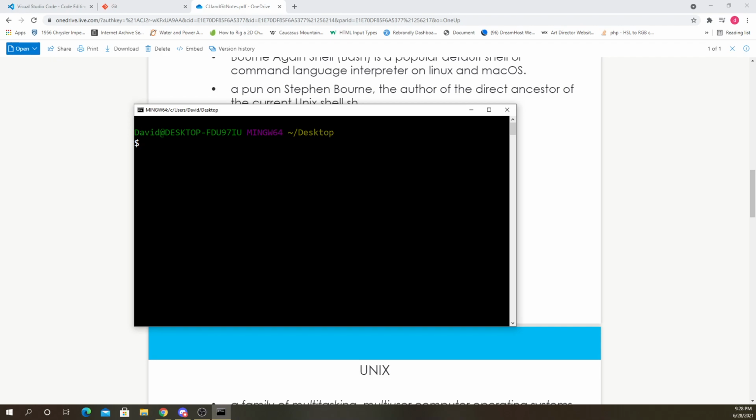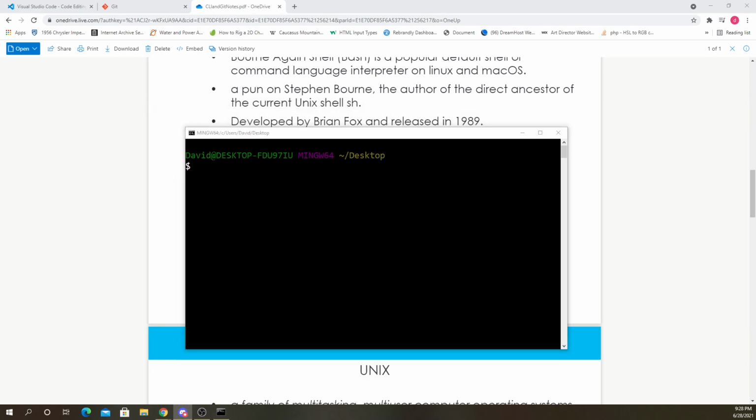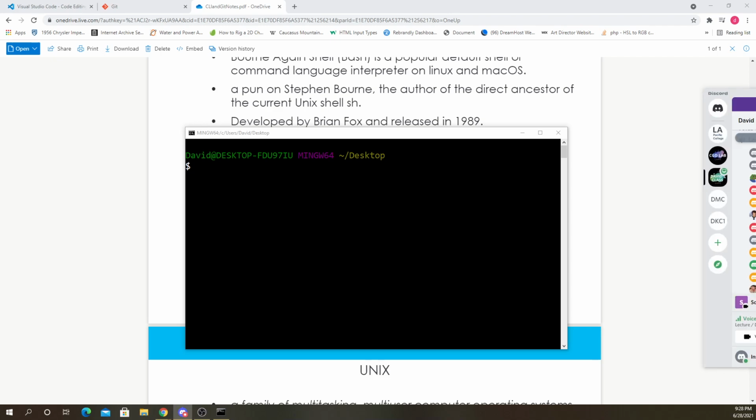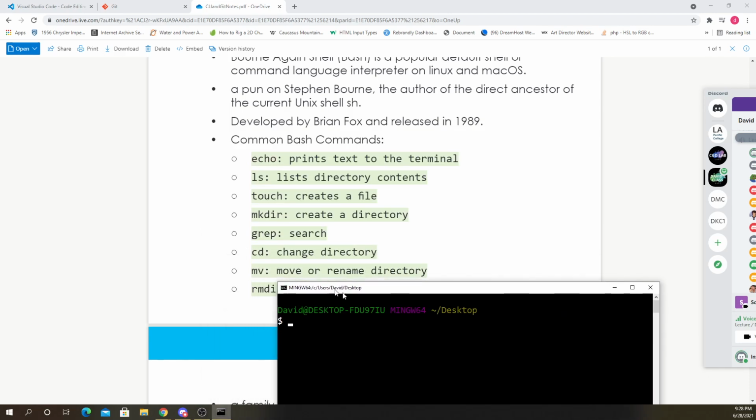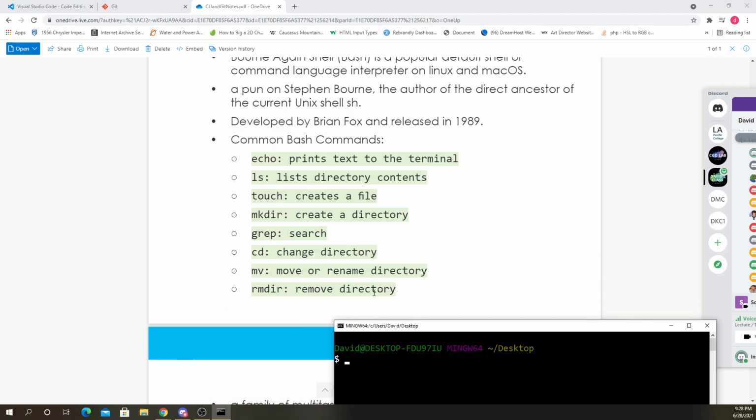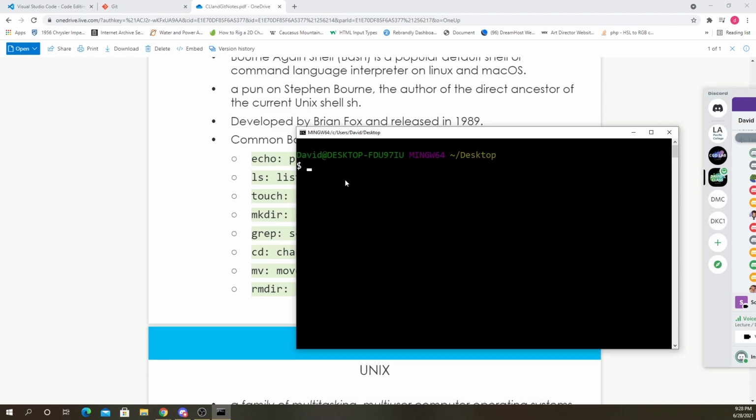Yeah, I created a file called hello.txt. So let me delete hello.txt, make a new one. I could have used remove dir to remove. Actually, no, remove dir removes a folder. You can also type in help to see a list of commands.